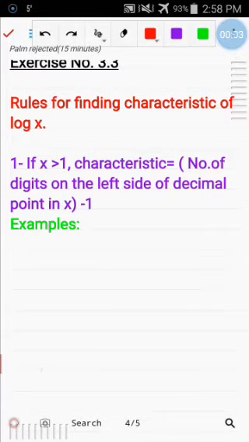Bismillahir Rahmanir Rahim. In this video lecture, we will discuss how to find the characteristic of a number and how to find the logarithm of any number. First, we will discuss how to find the characteristic of a number. There are two rules to find the characteristic of a number. The first one is